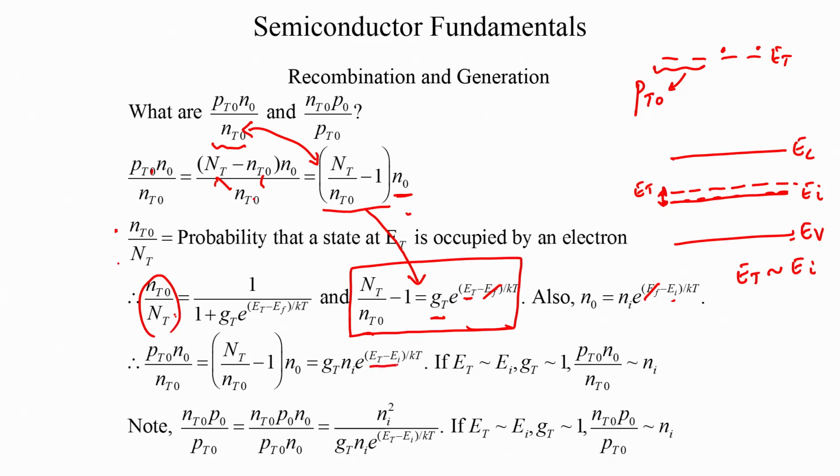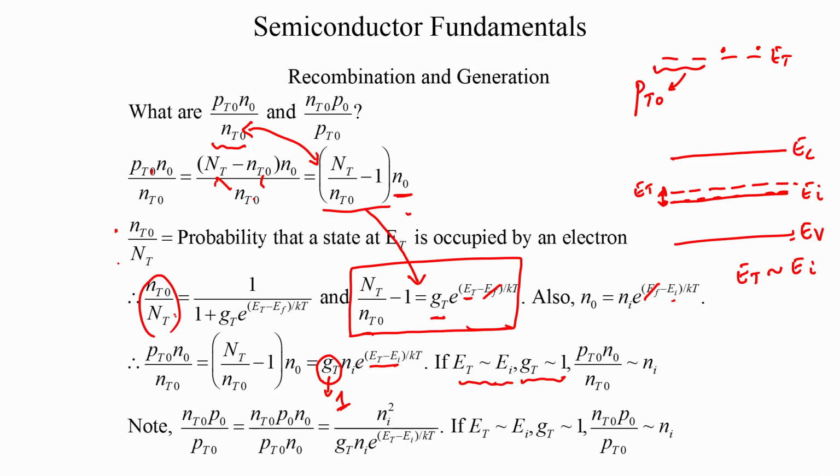So, this term will become 0, and this GT can nicely be approximated as 1, okay. So, GT will take a value of 1. Therefore, in the condition that ET lies in the mid gap area, we can safely say that GT is 1, okay,